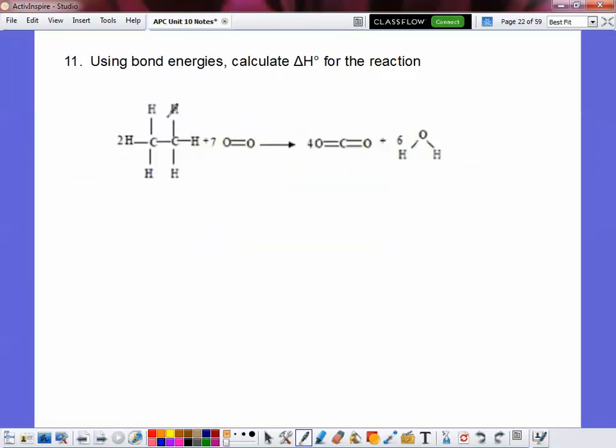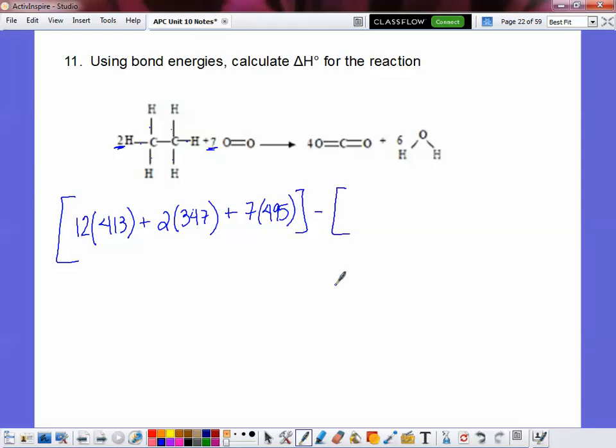So this molecule is called ethane. We have 2 of them, and there is 1, 2, 3, 4, 5, 6 carbon-hydrogen bonds in ethane, and then there's 2 total. So that's 12 carbon-hydrogen bonds at a bond energy of 413. In that molecule, we also have a carbon-carbon single bond, and then there's 2 of them, so 2 times 347, plus 7 oxygen-oxygen double bonds, which is 495,